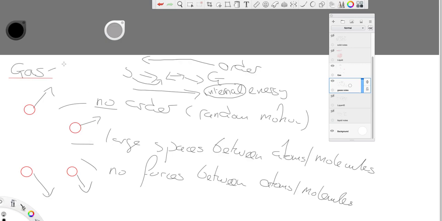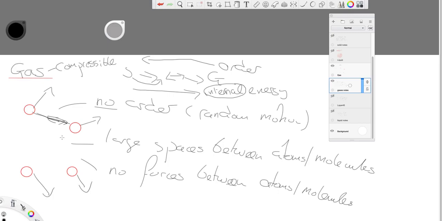And of course gases are compressible. You can squeeze a gas. We buy cylinders of oxygen for hospitals and cylinders of other gases for welding and that sort of thing. You know that you have these big spaces between them. You can push the gas molecules together, reduce the space between them. But once they become a liquid, you can't squeeze them anymore. They become incompressible in the liquid or the solid form.